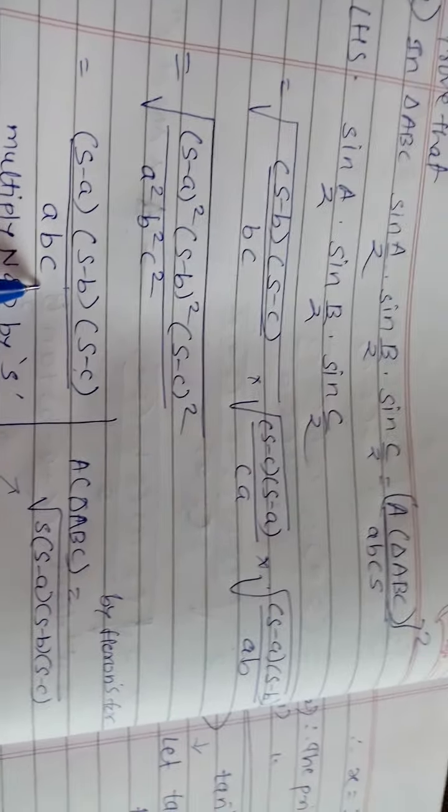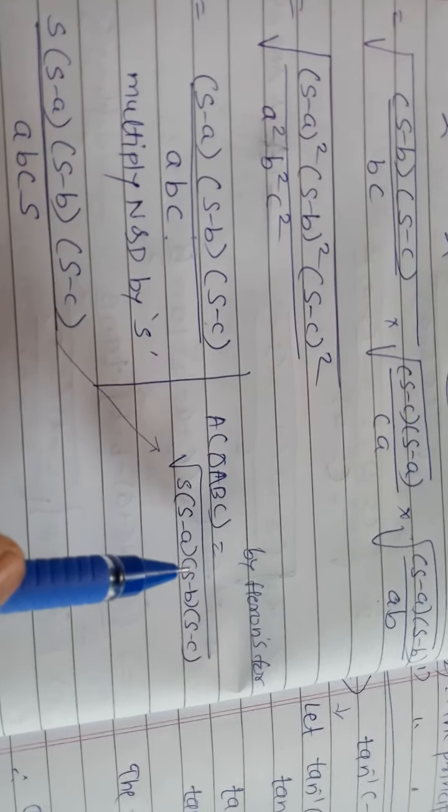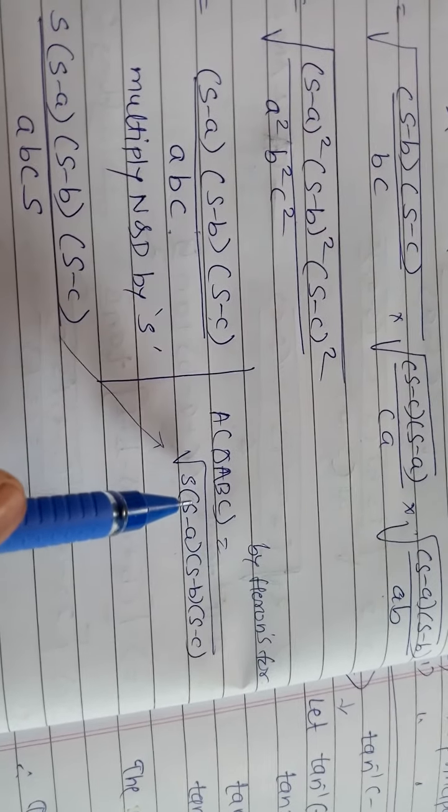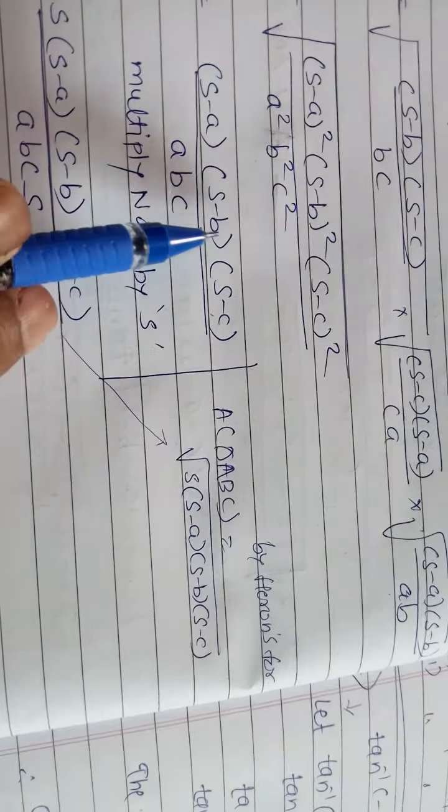सो सी द न्यूमरेटर, यहाँ पे कौन नहीं है इसमें का, सो एस जो है वो यहाँ पे नहीं है। सो हम न्यूमरेटर को और डिनोमिनेटर को दोनों को एस से मल्टीप्लाई करेंगे। सो मल्टीप्लाइंग न्यूमरेटर एंड डिनोमिनेटर बाय एस. सो फॉर दैट यू हैव टू नो दिस फॉर्मूला. और इसमें कौन सी टर्म यहाँ पे मिसिंग है, तो एस वाली जो टर्म है वो मिसिंग है। सो हम यहाँ पे एस वाली टर्म लेने वाले हैं बाय मल्टीप्लाइंग न्यूमरेटर एंड डिनोमिनेटर बाय एस। सो यहाँ पे हमने एस ने मल्टीप्लाई किया, यहाँ पर भी एस से मल्टीप्लाई किया।